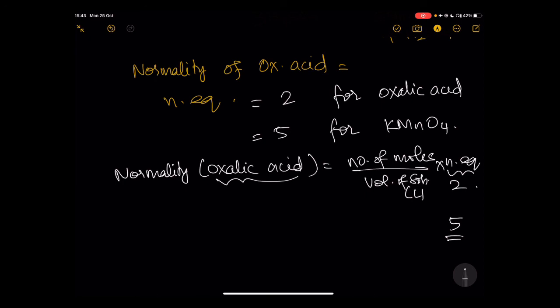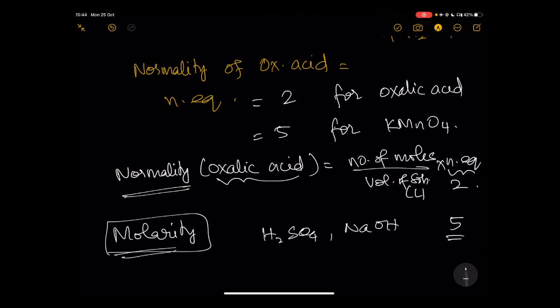So therefore, if one has to calculate what is the normality for this reaction for oxalic acid, then one ends up getting the number of moles based on the weight that you ended up measuring for oxalic acid divided by the volume of solution in liters times the number of equivalents, which is going to be 2. On the other hand, for potassium permanganate, it's going to be 5. The reaction that you're trying to perform is what guides the definition of normality. On the other hand, for molarity, that was not the case at all. Which is why chemists end up using definitions based on need. Most often we end up using molarity when the equivalents are very well known or it's a 1:1 equivalent.